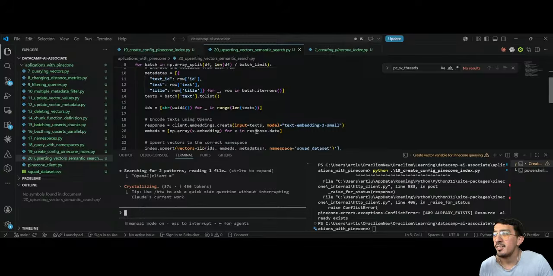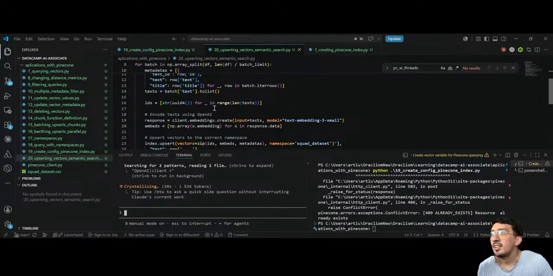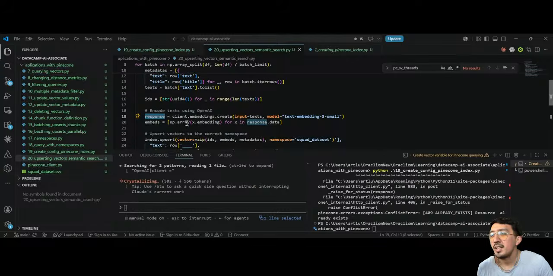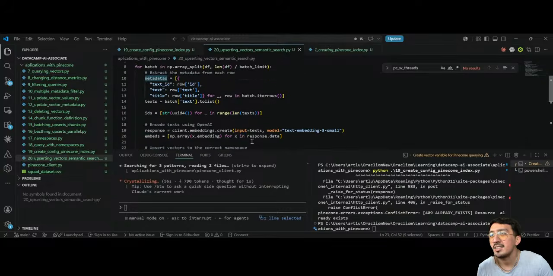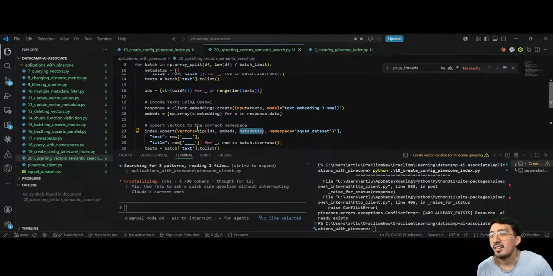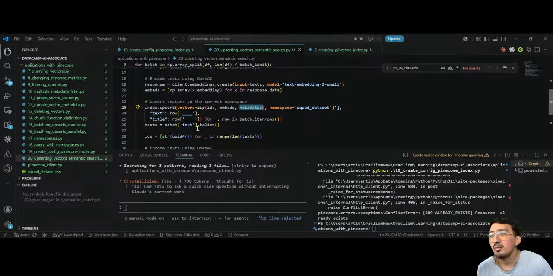So I understand everything here. The only issue is I create embedding, so this creates the embedding for x in response. So it's creating the embeds as an array. So you have multiple arrays, multiple IDs, and multiple metadatas. And I just need to